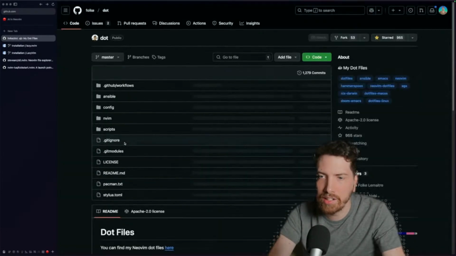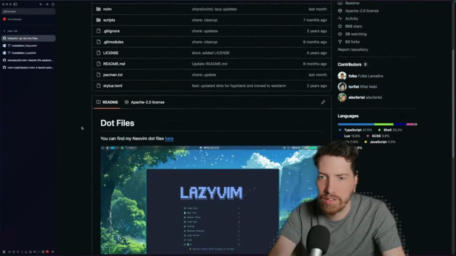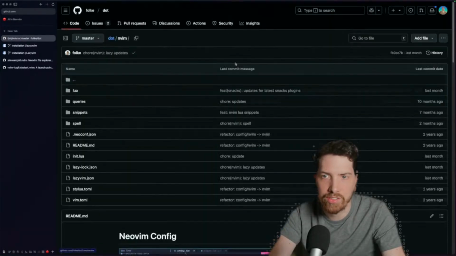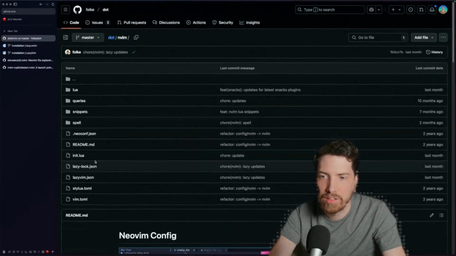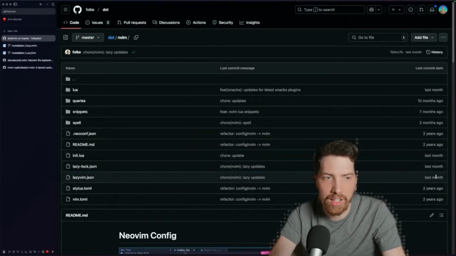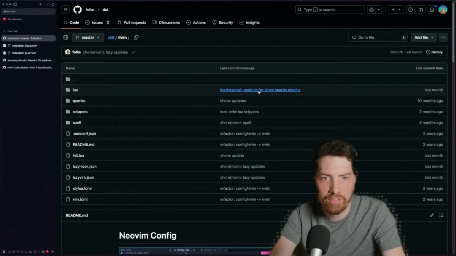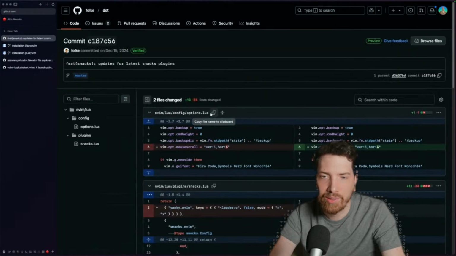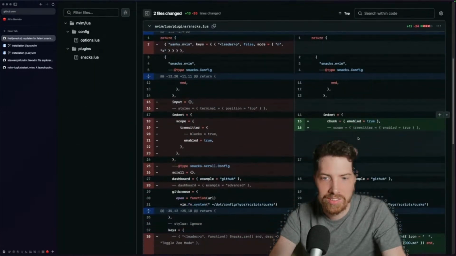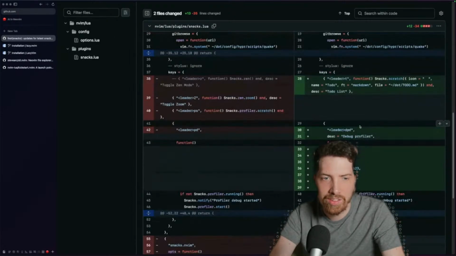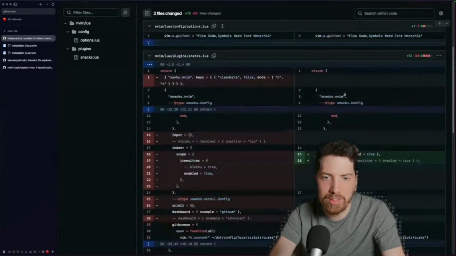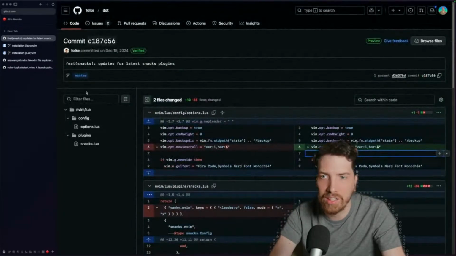I don't think he has. No, he does. Neovim.files here. So he has a separate. Oh, /nvim. There you go. So it's one of those things that last month he did update things. Chore update for snacks. There you go. So he's setting mouse scroll. Cool. His snacks, he's updating some values. Very nice. Yeah, this is probably good advice, Ian, to go dig in here and take a close look at